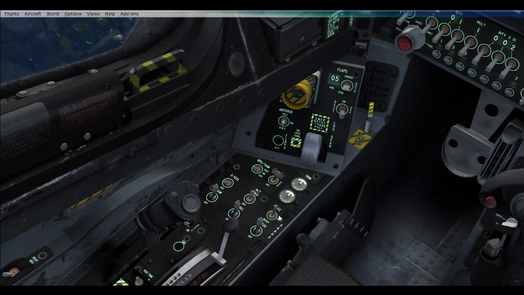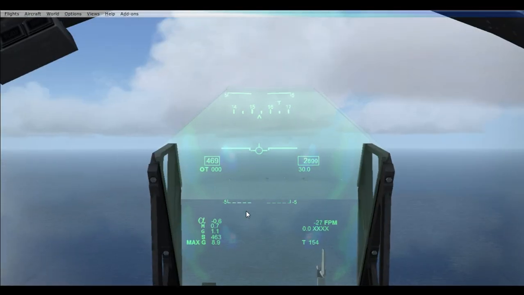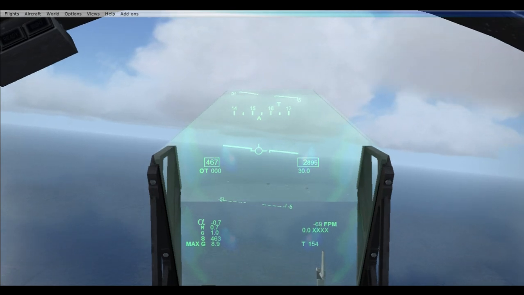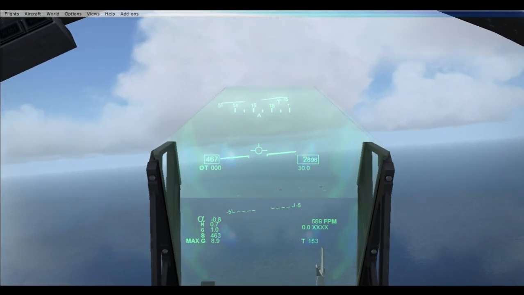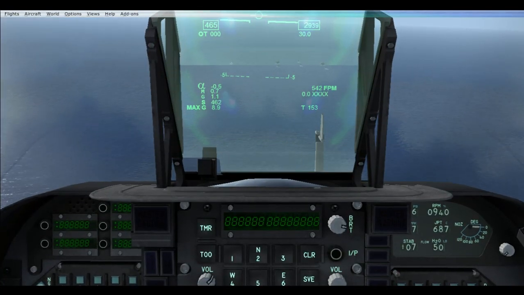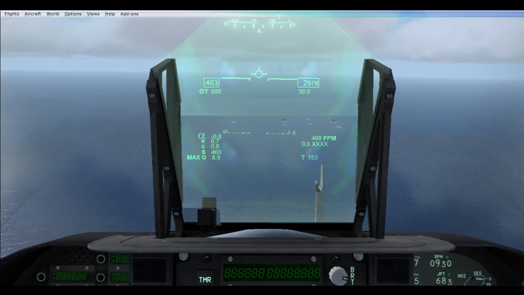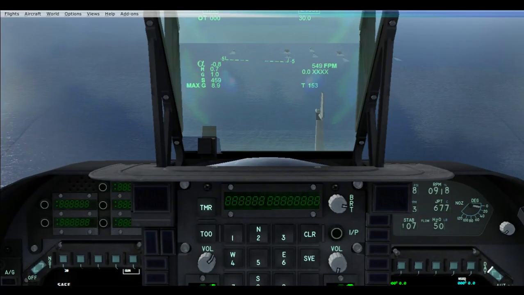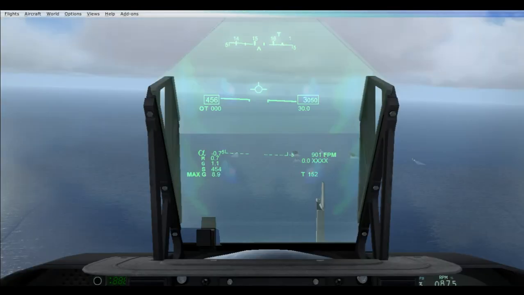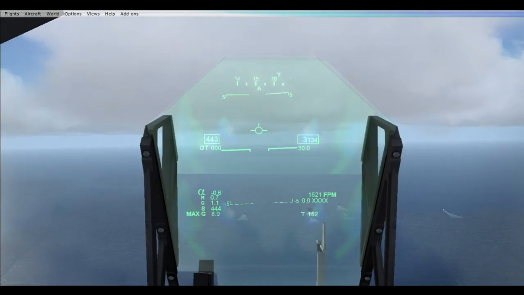We'll deactivate the autopilot, and we'll check our position. We'll be doing a flyby for the carriers, and we'll be making sure to check that our nozzle system is at 20 degrees at the moment. It will actually help us reduce our speed. There's the fleet,